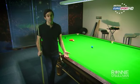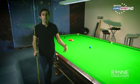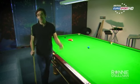It's a very, very simple shot, but my philosophy was always behind playing simple shots well. And if you play simple shots well, in theory, you should never really have to play a difficult shot. I'm going to run you through the shot here. I have the black off the spot. I have the white nicely behind it, and I'm going to try and just follow it in off one, two